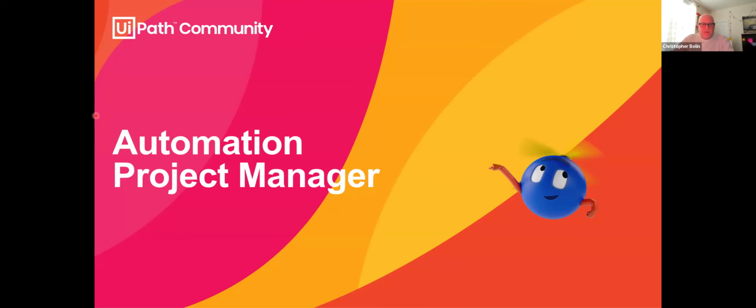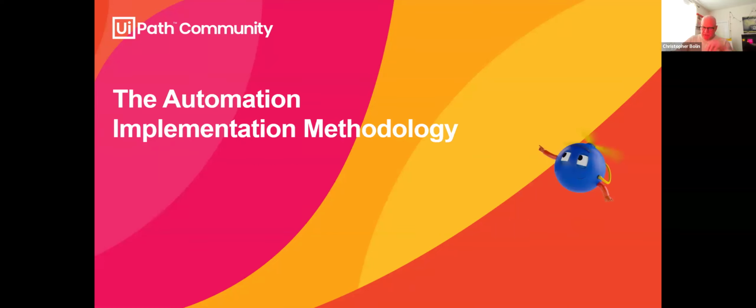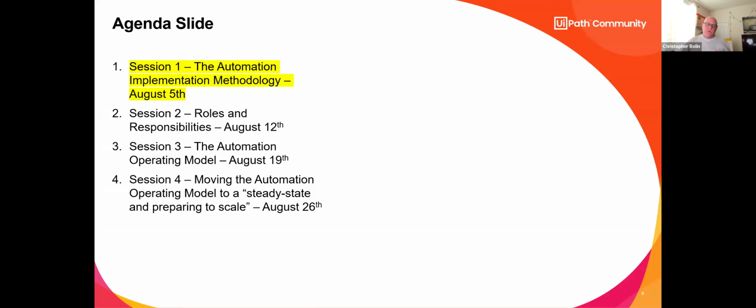All right, let me pull up my guide screen here real quick, guys. For these 4 sessions, I'm going to give you a lot of information. We're going to start with the automation implementation methodology this time. We're also going to talk about a program charter, and you're going to get confused, so I want to level set on the difference between a program and a project. This curriculum follows the automation project manager curriculum in the Academy. If you've taken that, you're going to recognize some of the screens that will show up in front of your faces in a minute.